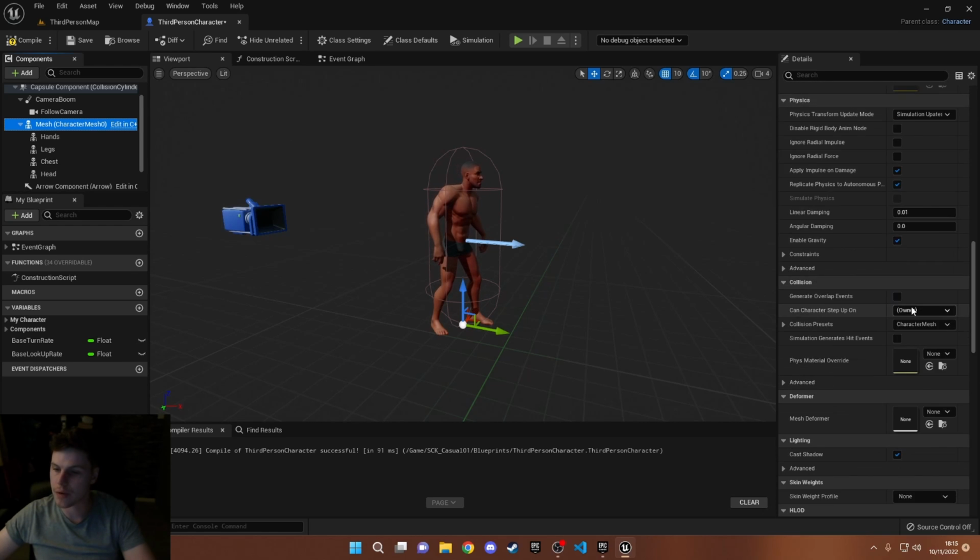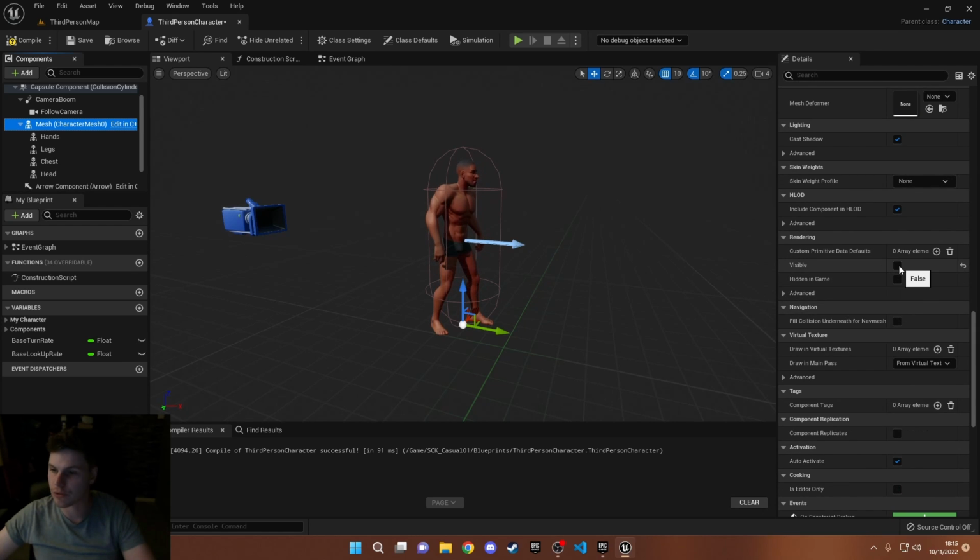So if we scroll back down now to rendering and make this visible, you'll see there's not much of a difference, but when you start to add clothes onto this person, the two meshes will start to overlap subtly, and you'll see that. So just keep this one invisible,